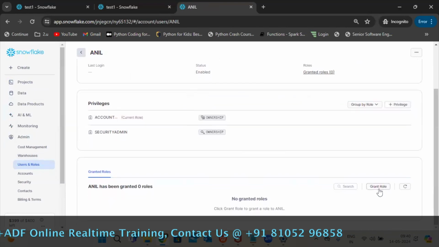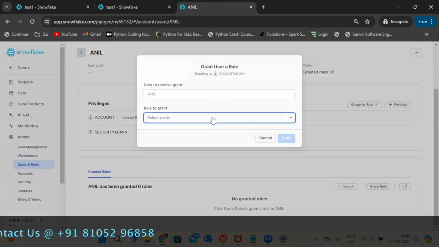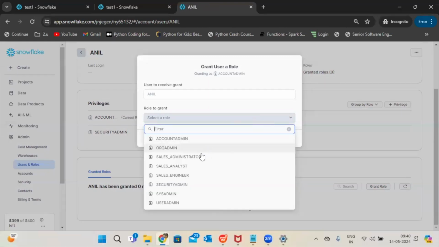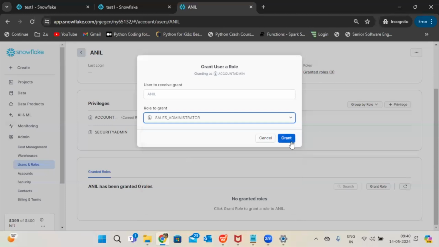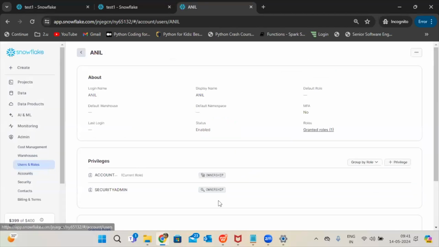Different ways are there to give the grant access. Suppose I go here as a security admin, I'm the security admin, right? So I can click on here and I can give grant. I have to refresh it. It's not reflecting. So GUI you can use, guys. It's not always required. Like you have to go with the